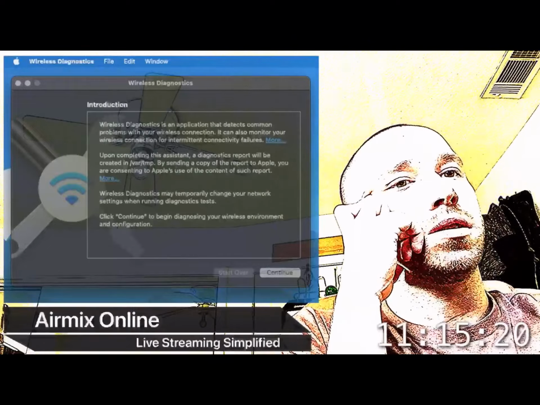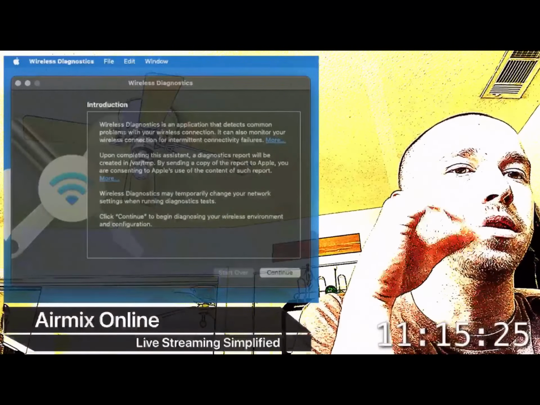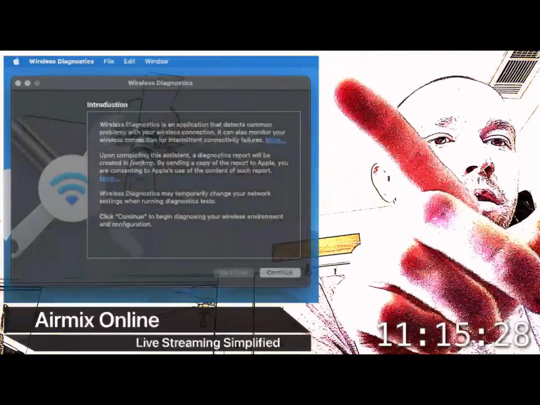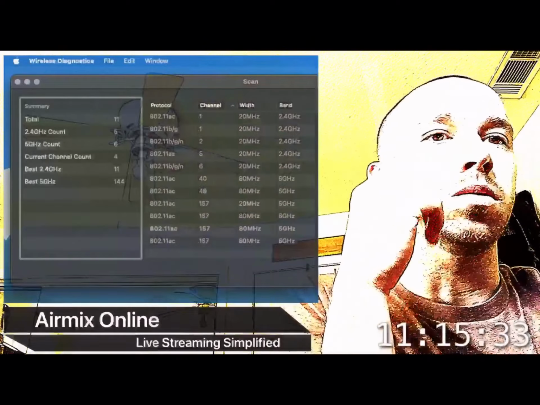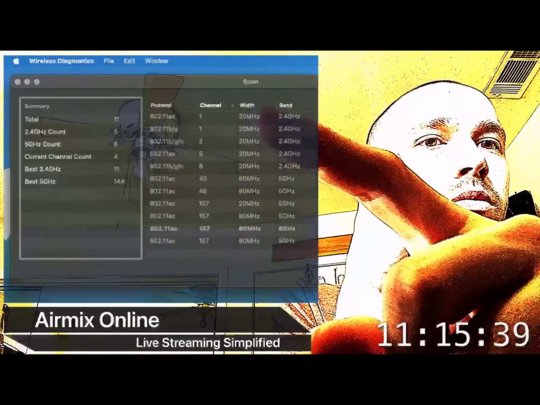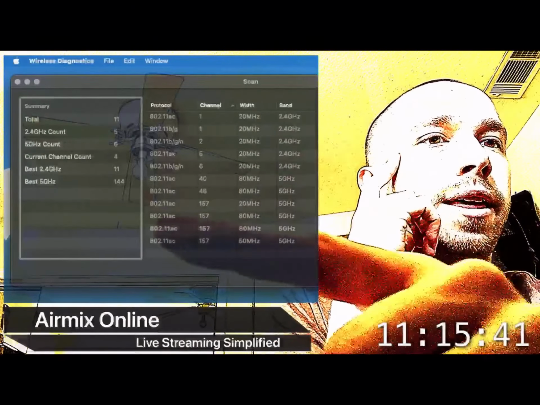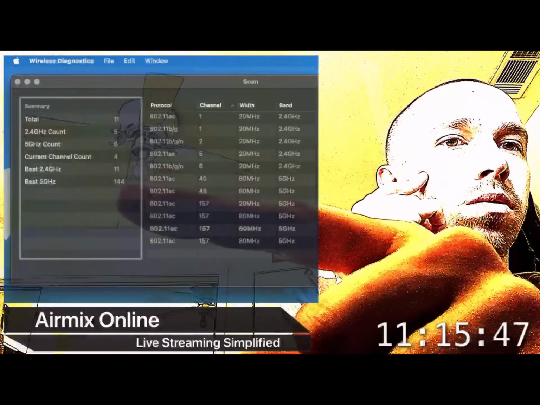So in the wireless diagnostics, it brings up this menu on Mac. But that dialog you can ignore. If you open the window and then click scan, it will find you the best network. So once scanned and sorted by channel, you can see where things are sitting on the network. It'll analyze all the networks and find the best 2 gigahertz network and the best 5 gigahertz network for